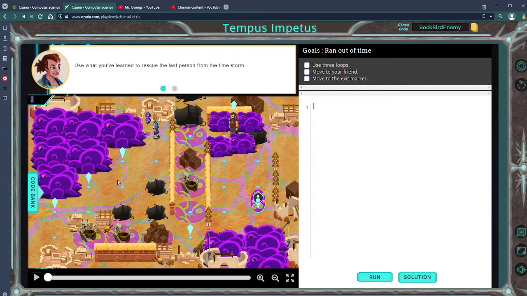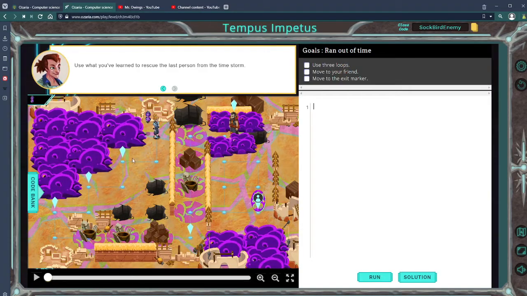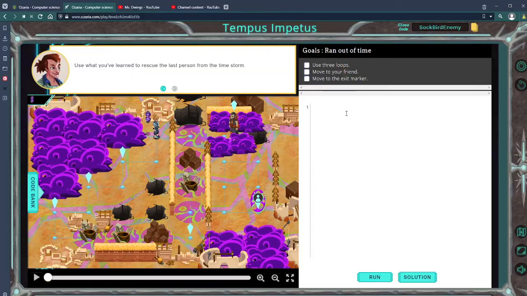So I can tell you right now, our first will be a for loop. We know exactly how many times he needs to go down and then go left, because it's 1, 2, 3. So down, left, down, left, down, left. So let's write a for loop for that. So for,